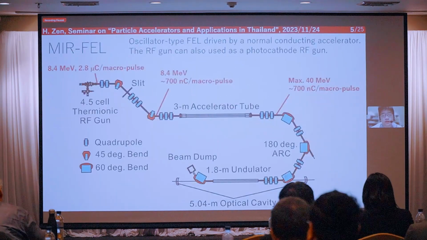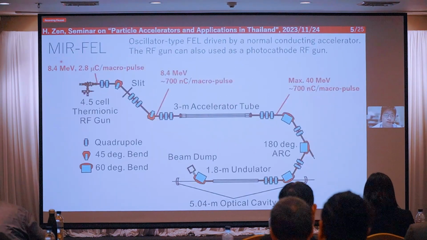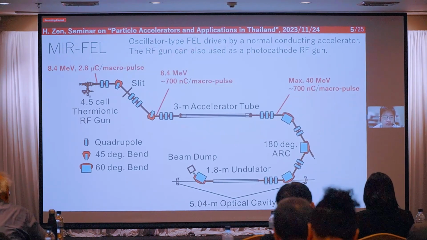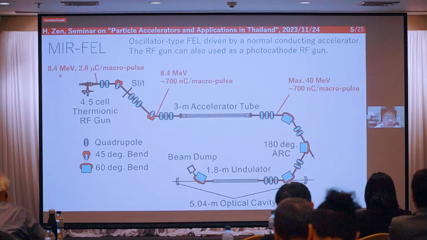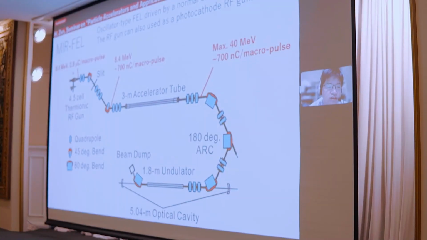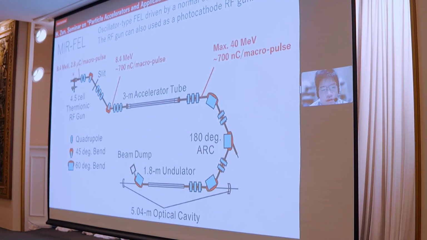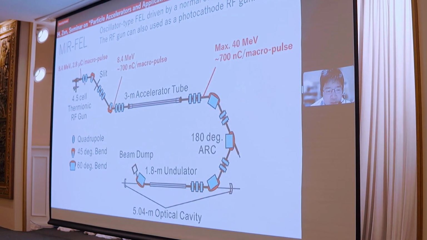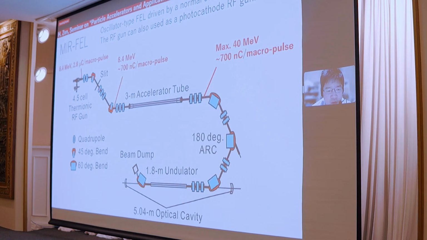And I start from the introduction of MIR-FEL. This is an oscillator type FEL driven by a normal conducting accelerator. It has the 4.5 cell symmetrical gun, and it generates 8.4 mega electron volt maximum energy and a total charge of 2.8 microcoulomb per micropulse. And after passing through this section,